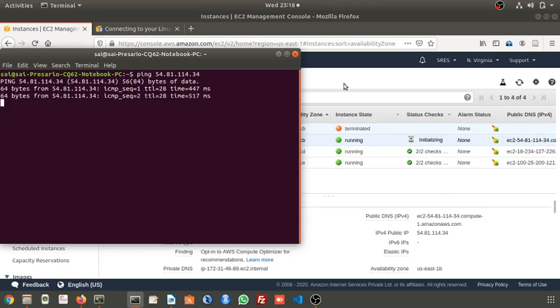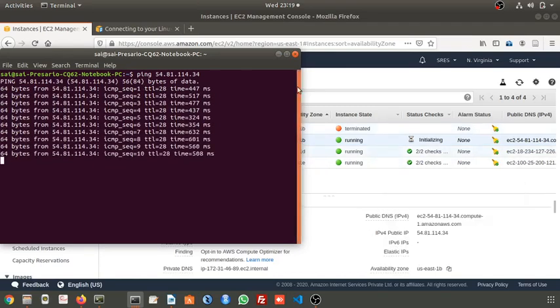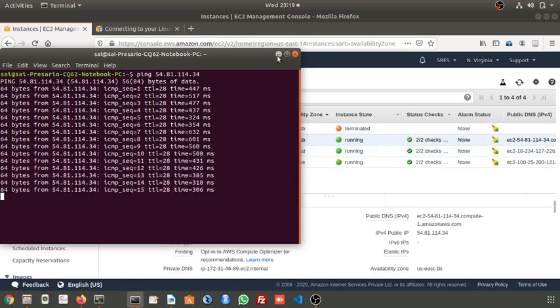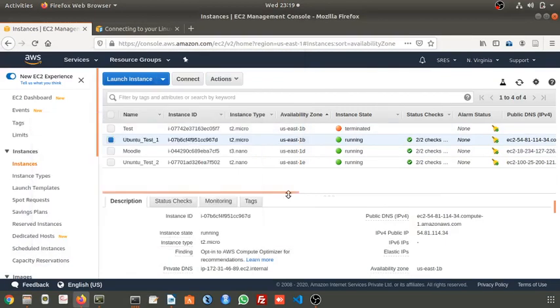Yeah, now it is getting a reply. So to avoid this, what to do? We should have an Elastic IP for your machine, but it is chargeable. So this is today's session, and in the next session we will see a few more details of EC2, how to assign this Elastic IP and all.